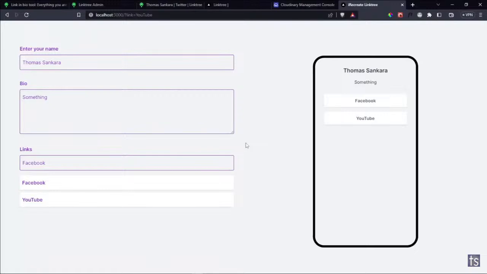Now, where were we? We were adding in more links. So Facebook, let's say Instagram. And there we go. Now, what I want is when I finish